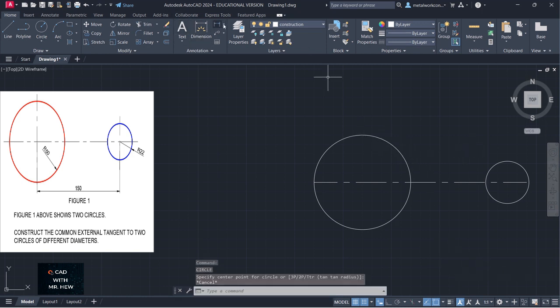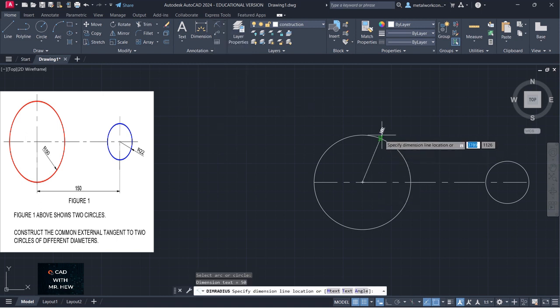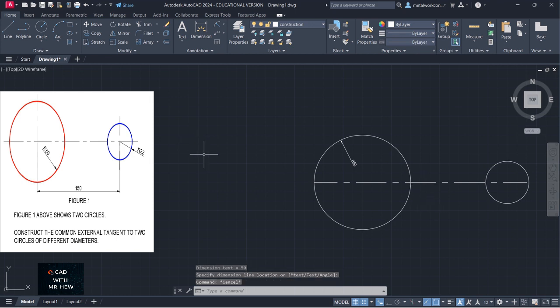So let me indicate the radius. I'm going to go to my annotation, go to radius, and I'm going to indicate this radius. So this radius is, all right, now we need to type